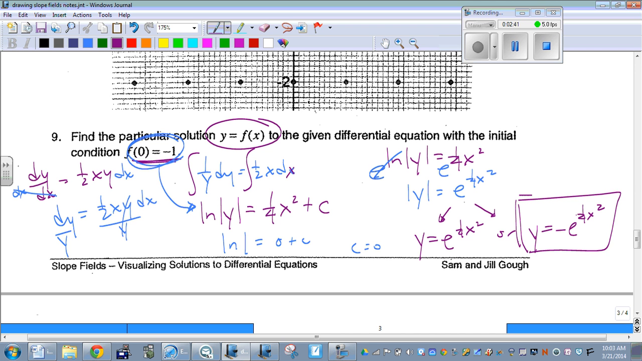Right? The other way, like we said in the last problem, plug this in for x. So if we put 0 in for x here, we get e to the 0, which just comes out to be positive 1. But we need it to be negative 1. If we put 0 in here, e to the 0 is 1 times the negative, we get negative 1. So your homework